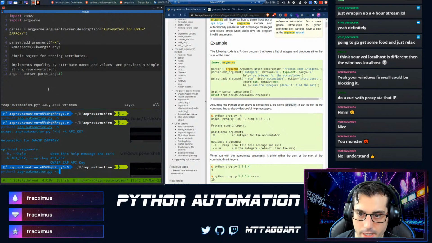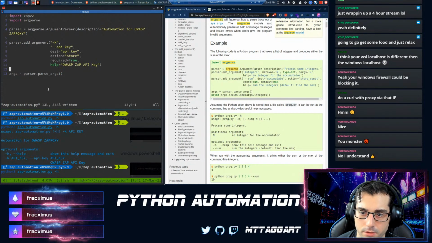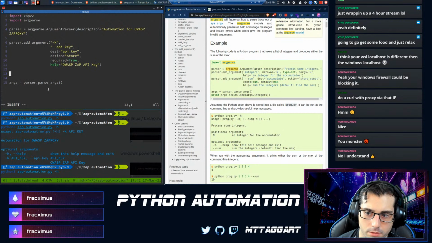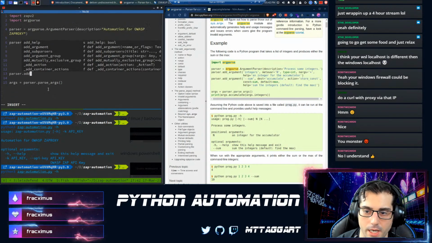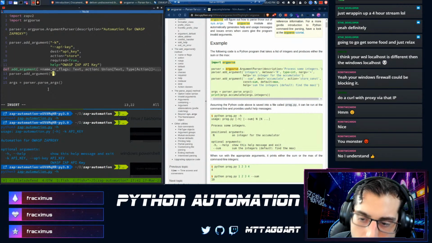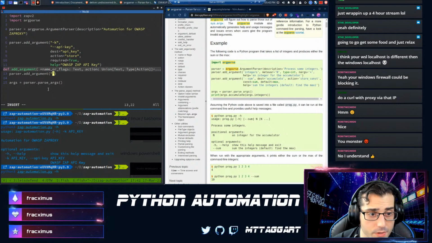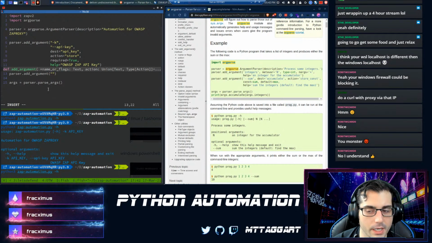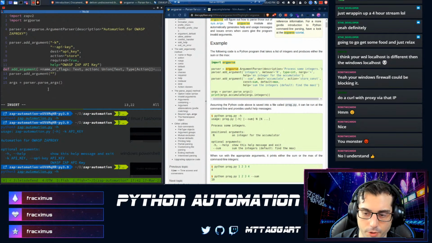So we'll add some other arguments here. parser.add_argument. Usually when I would want to do this, it would be a list of targets, right? If I'm doing recon or something like that. So I'm going to say that it's an input file.